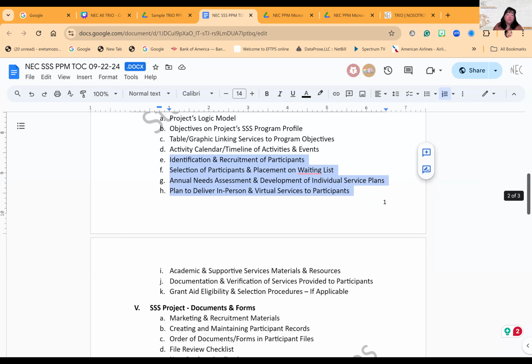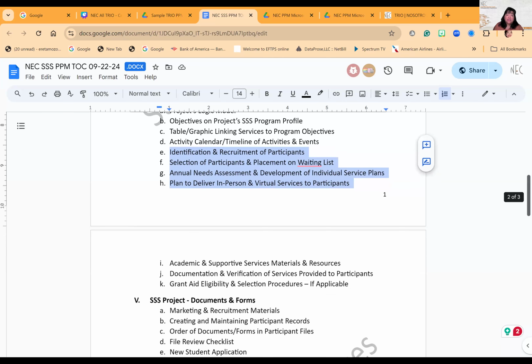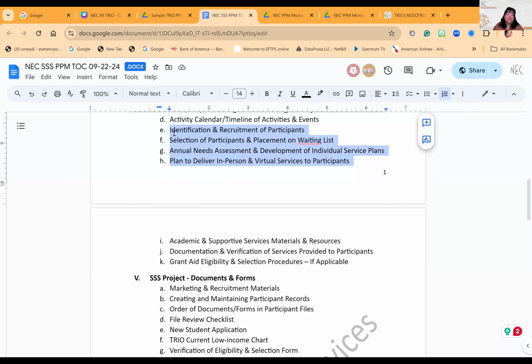This is what it was in the proposal to get funded. That's why it's called a proposal. Now you need to update it, and you can put in links as to when things were updated, things were changed, and also put in more detail, because that's exactly what you need. You need more detail than what's in the proposal. The proposal plan of operation is not enough to run the program.